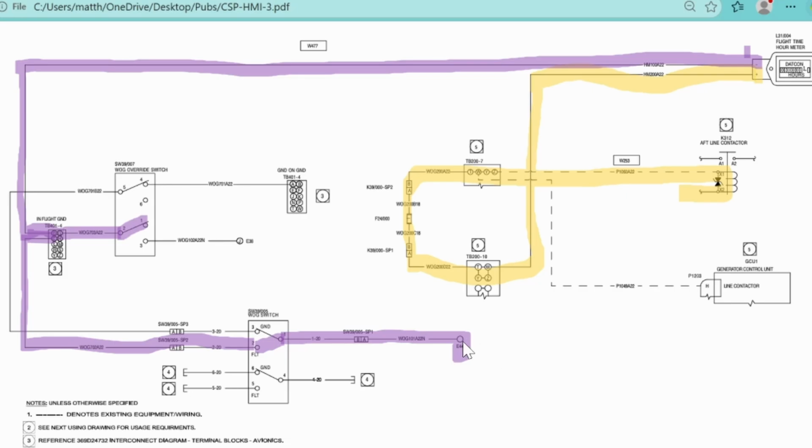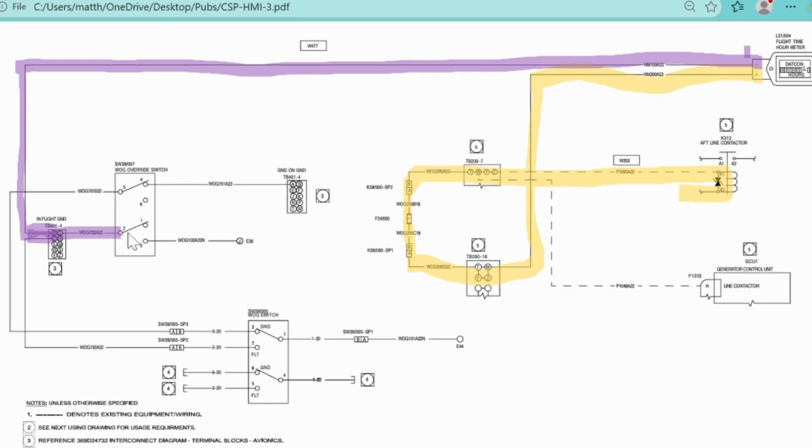E44 is ground somewhere. It probably goes to another terminal block or either goes to a lug somewhere on the airframe, but it eventually goes to ground. And that's the circuit for the Hobbs meter, weight on ground switch. So if you're getting any issues, just know that there's a weight on ground